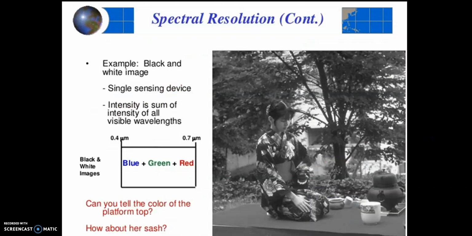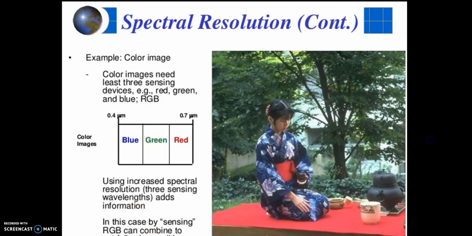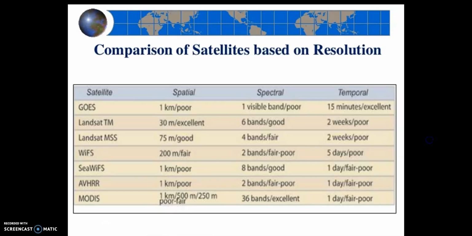This is one more example. In this you have only one kind of band, that's why you are able to see black and white, whereas if you have more bands, the picture will have different color shades that are visible to the eye. So this is a comparison table of a few important satellites, where you have the GOES,